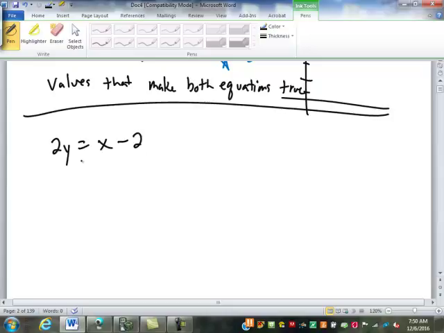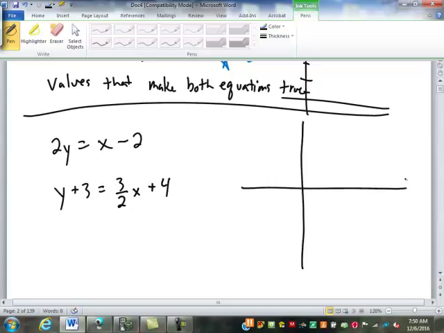So I might have something like this. Try that one. Try to graph those two and see if you can figure out the solution to that system